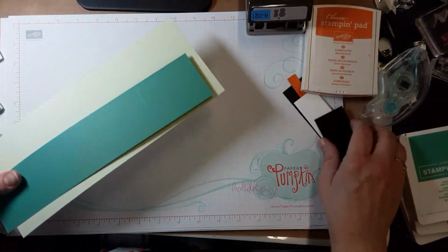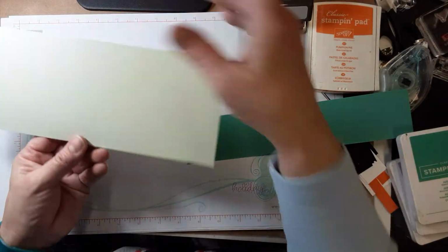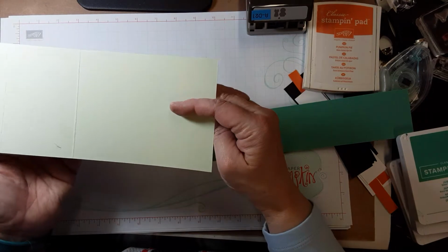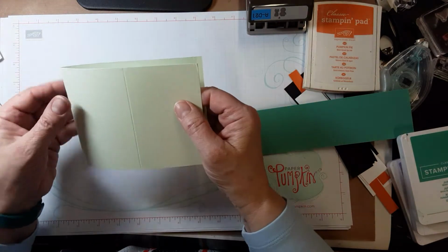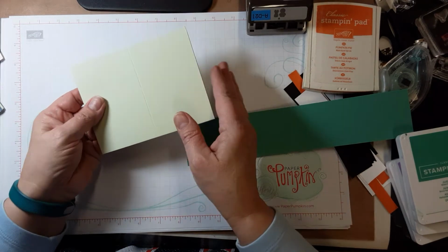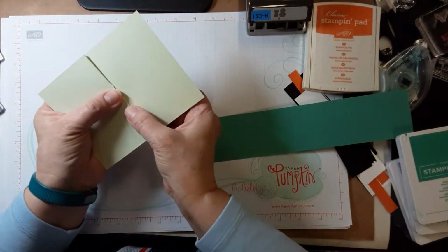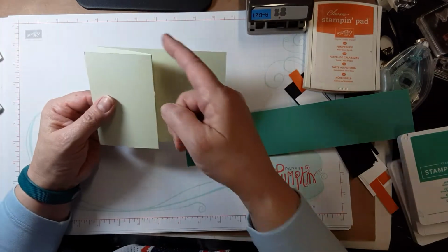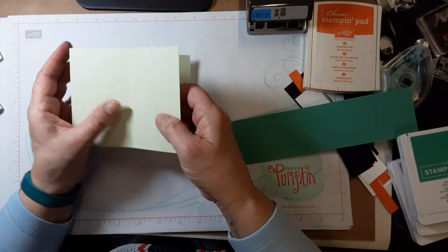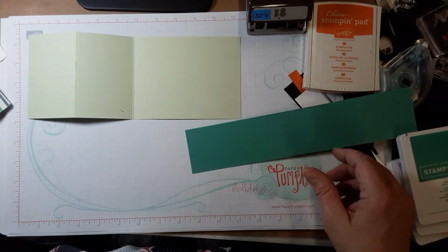So let's just tuck those things over there for a moment. So what that looks like is, whoops, you have your front and then you fold this back. So if you know that, you don't really have to measure, but this score is 2 3/4, okay? All right, so then